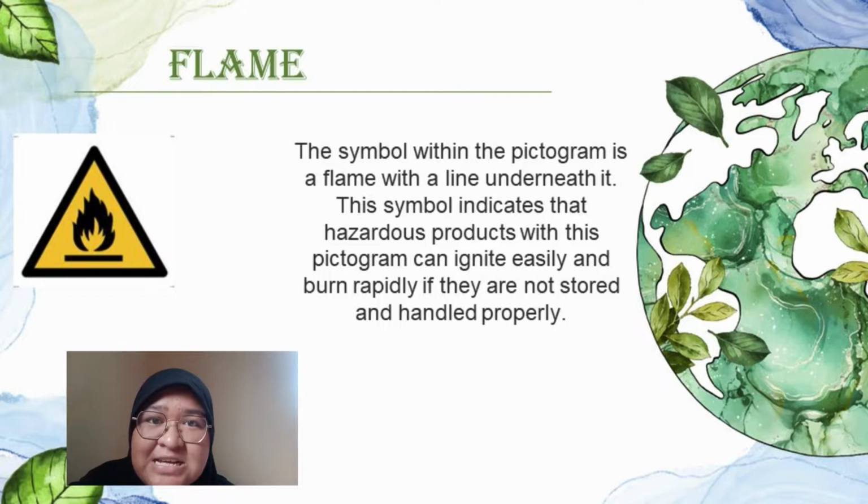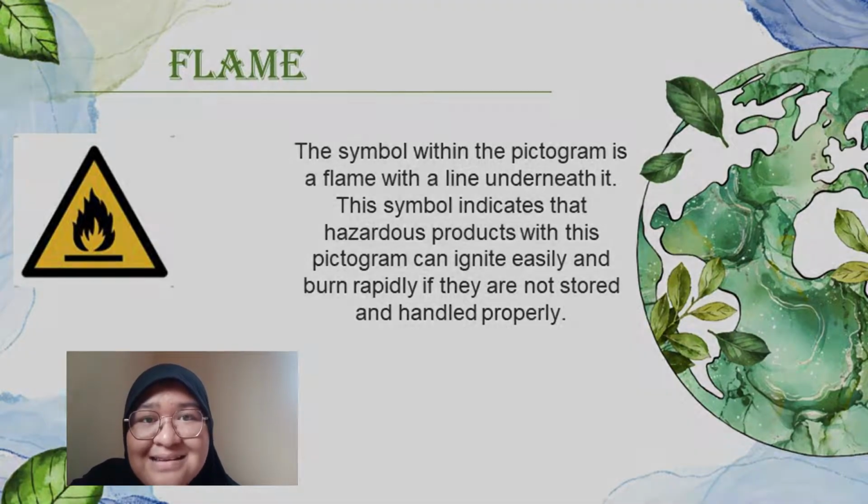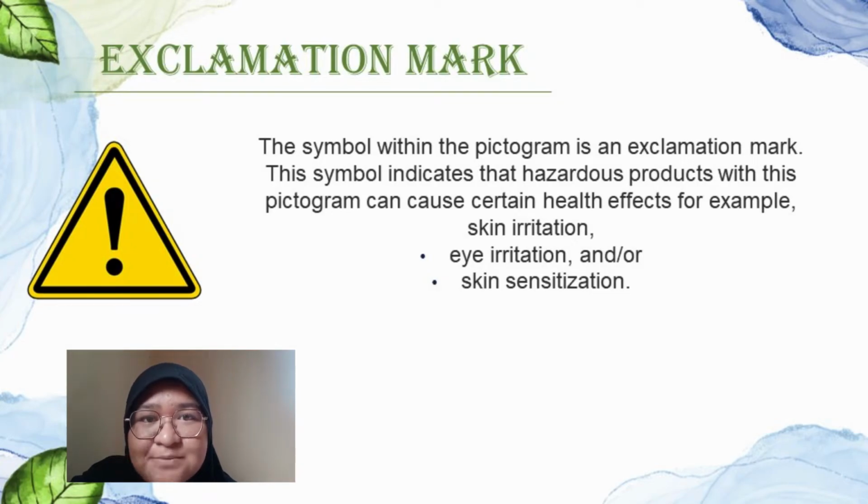First, the symbol within this pictogram is a flame with a line underneath it. This symbol indicates that hazardous products with this pictogram easily ignite or burn rapidly if they are not stored or handled properly. Next, as you can see, the symbol within this pictogram is called an exclamation mark. This symbol indicates that hazardous products with this pictogram can